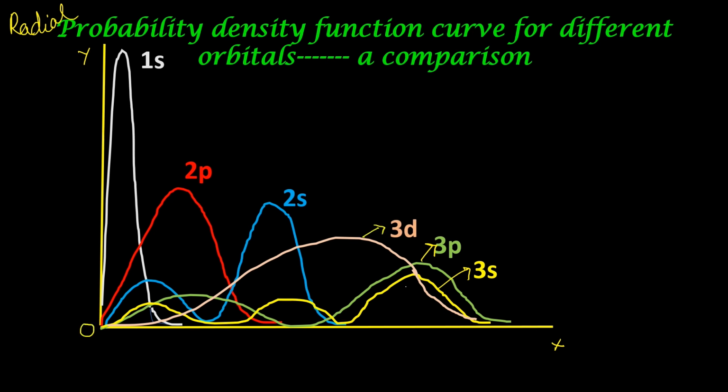This is the origin. Actually, this portion is not in your syllabus, but when you appear for competitive exam, questions may be asked from this portion. Let me note the quantity that is taken in the y-axis, that is probability density function. Probability, you will recall, is 4 pi r square psi square. If you have any doubts, click the I button in order to see the details. I have given the link of that video there. If only psi square is considered in the y-axis, the shape of the graph will be different and that curve will be called probability density curve. Don't confuse between the two.